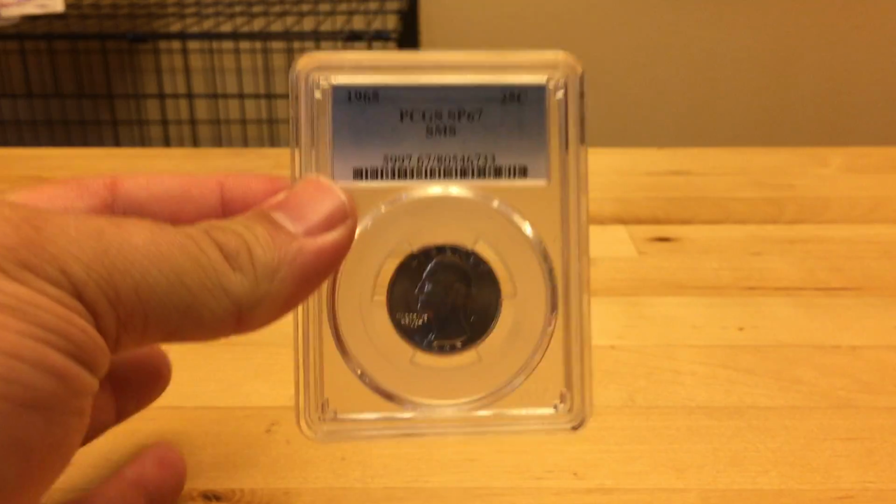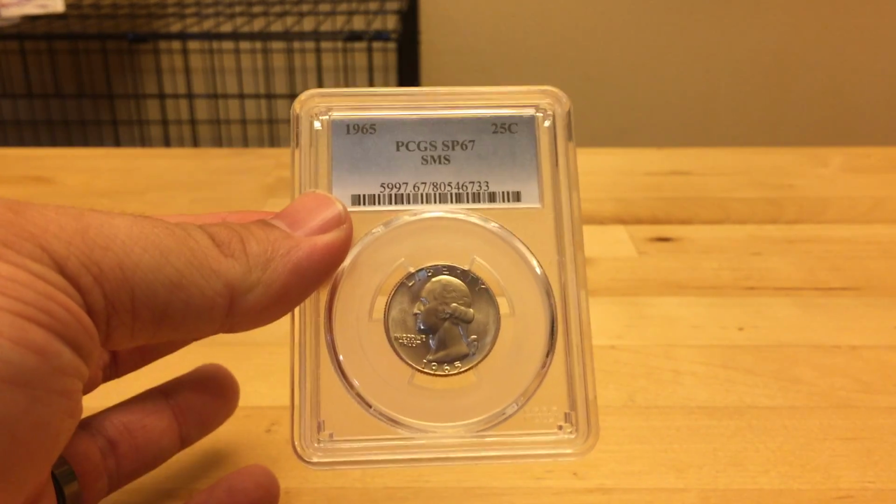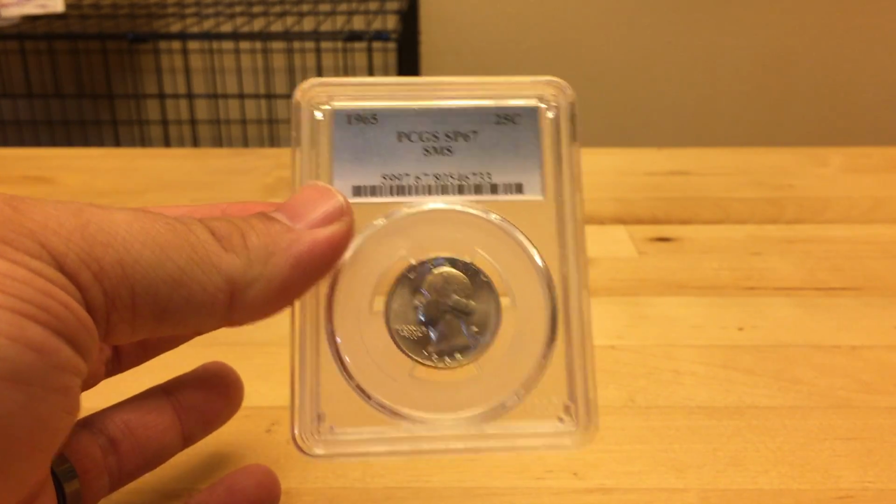Okay, this is probably a bad example because it's such a common coin in this state and this grade. For the special mint set piece, you're talking about $30. But let's go to something that's on the opposite side of the spectrum. That's a little bit more extreme, but not